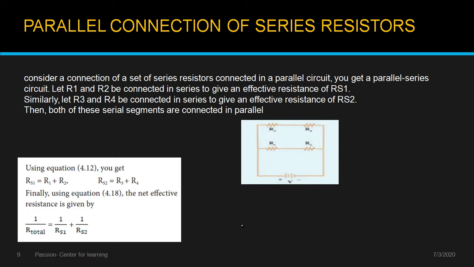Now you can see here these resistors are connected in series with parallel. You can see these two are in series but connected in parallel. Okay, so R1, R2 and R3 and R4 given, if the resistances are RS1 and RS2 connected in series. R3 and R4 connected in series, R1 R2 connected in series. Both the connections are parallel. So RS1 is equal to R1 plus R2, RS2 is equal to R3 plus R4. Total is 1 by RS1 plus 1 by RS2. You should be very clear of it. Okay.